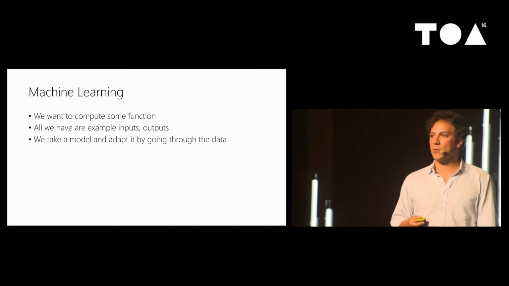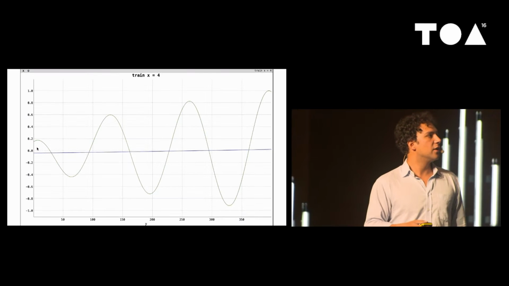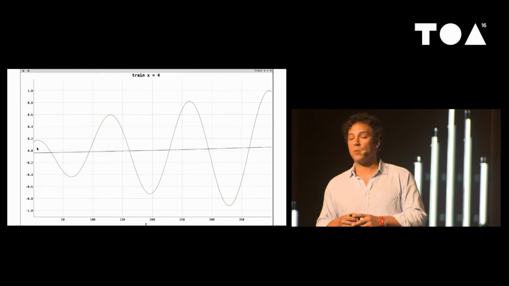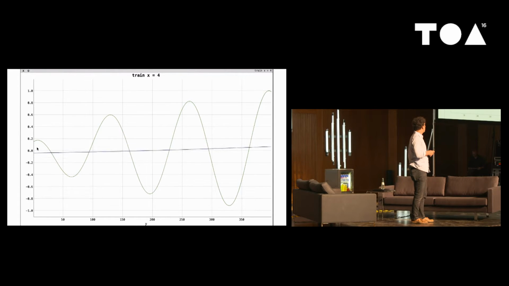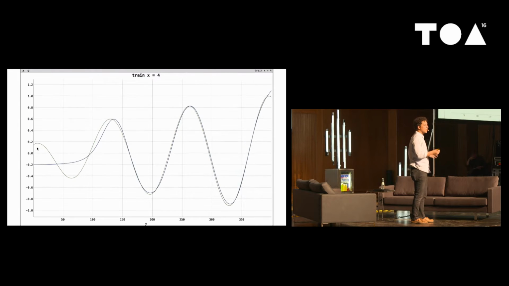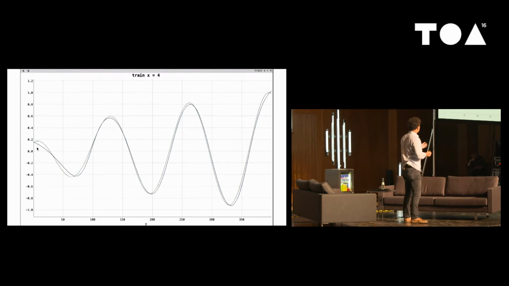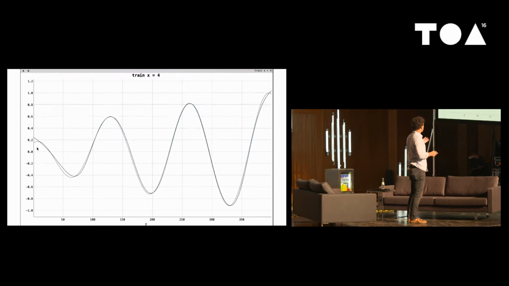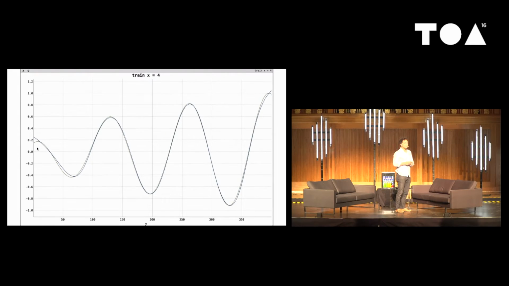I have a little demo here of what this might look like. Here, this line in green is a function that we want to learn. And this line in blue is increasingly using data that it's sampling from the function, modifying itself to better approximate the function in green. You can see it jiggles around a little bit. It takes some time, but eventually it goes from being a really poor approximation of the function in green to being a quite good approximation. And here you can see it nails it pretty well. So that's what we want to do.